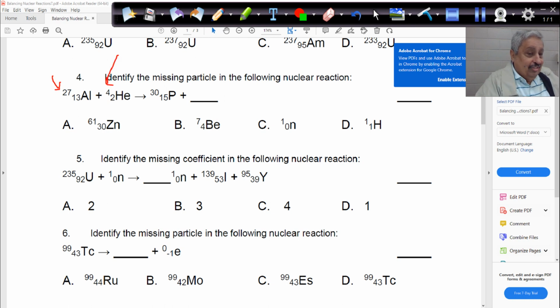And here how much? The sum is 31, correct? How about here we have what? 30. Whatever the particle will be, remember the missing particle will always be one of those 6 types: alpha, beta, gamma, positron,